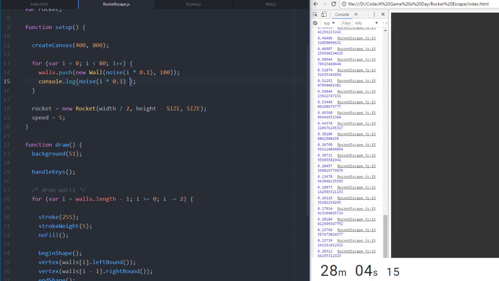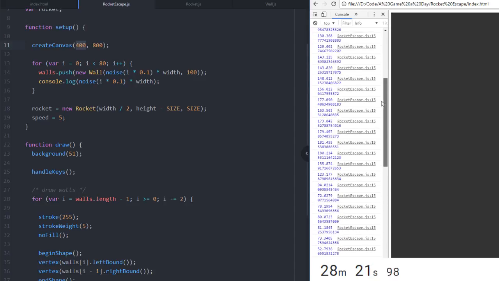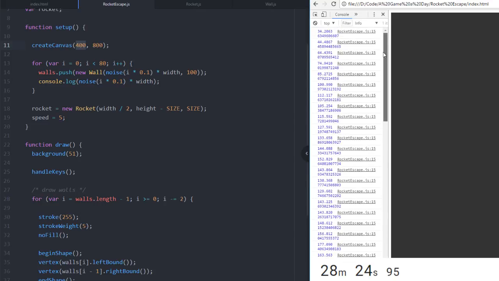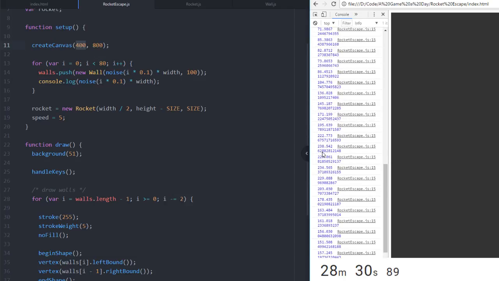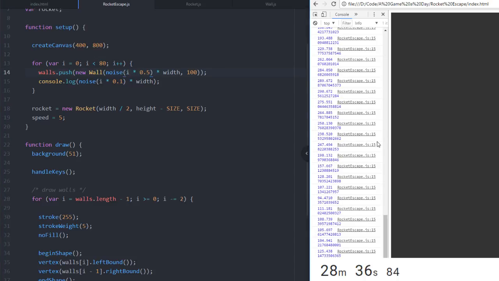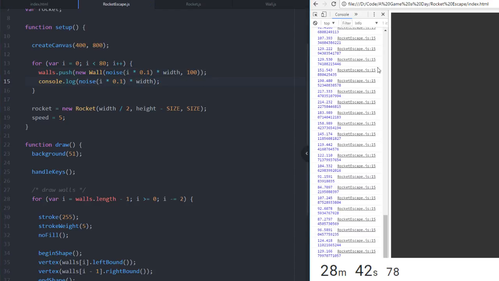Now we just need to multiply these by width. So if we do that, let's try this. Now we're getting numbers within 400. I'm pretty sure. Aren't we? Are we? I haven't seen anything above, like, oh, here's 229. Okay, yeah, we're good. I think it's because now we've got a bigger sample size. So what we're missing now is simply